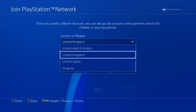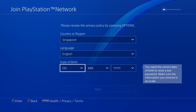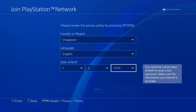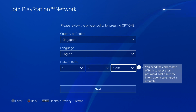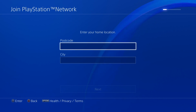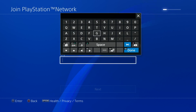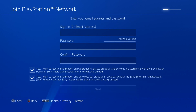And then once you press sign up now, you'll be presented with a list of all the countries. In this case we are looking for Singapore. You can keep the language as English if you want to make it more convenient. The date, just put in anything, and the year, say 1990, and press next. Now the postcode just needs to be 4 digits, so like that, and the city again, I don't think they really do a check, so press whatever you want, press